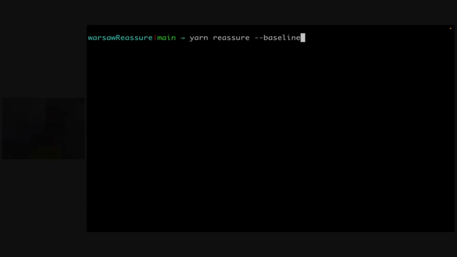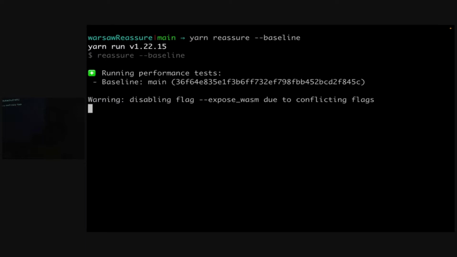If I didn't use it before, I do the baseline so that Reassure creates a baseline measurement to check all my future improvements against this baseline. So I write this. And what it does, it actually runs the performance test that I wrote, and I will show you in a minute.